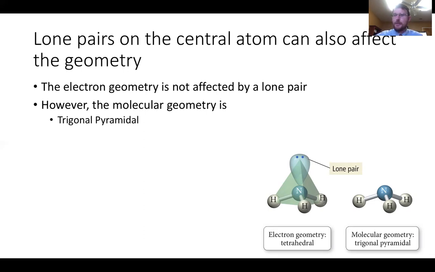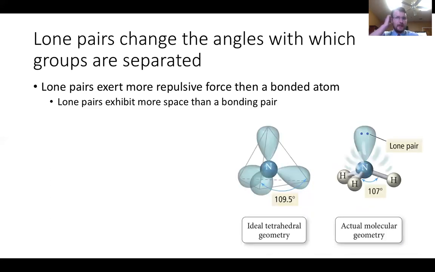And this is why this table is very important, Table 11.1. It shows us the electron geometry, which doesn't change, but then it shows us the molecular geometry, right? And the molecular geometry subtracts the lone pairs, and all we're doing is looking at the molecule itself, all of the atoms that are bound. And in ammonia's case, let's go ahead and switch the sides. In ammonia's case, what we see is the lone pair goes away, and so all we're left with is a